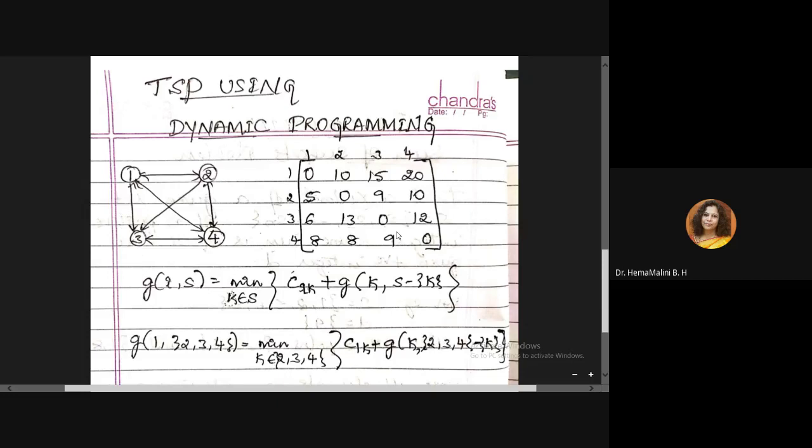Okay. So before we see the program, we'll see what this TSP is. TSP means traveling salesperson. A traveling salesperson will have to start from one source city, visit multiple cities, and come back to the same city from where he started. That is, he will start from a source city, visit all the other cities, and come back to the same source city.